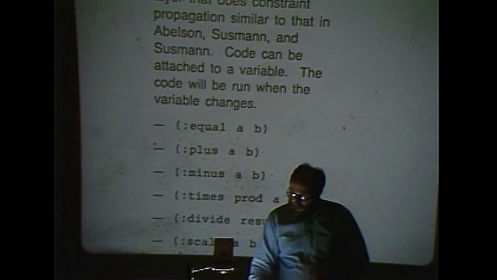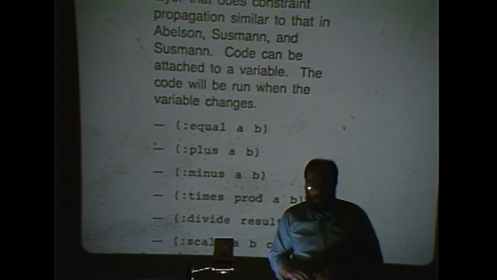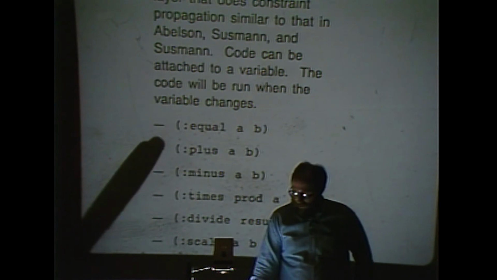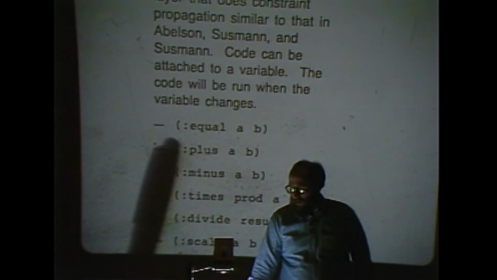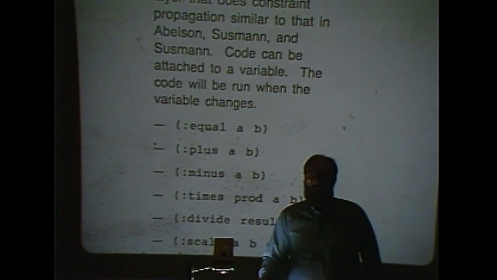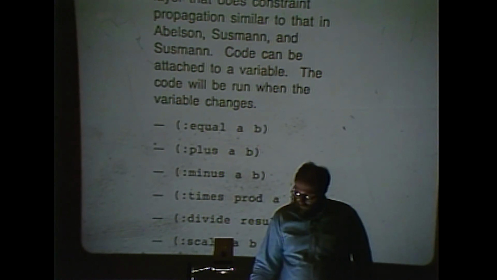We've added the following functions to the reasoning utility package. The notion here is that we set up an assertion, and we say that A and B are equal. And if A or B gets assigned a new value, then it will automatically generate the other term. And likewise, we have plus, minus, times,